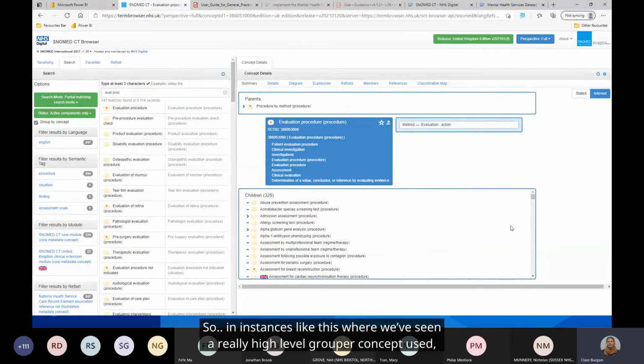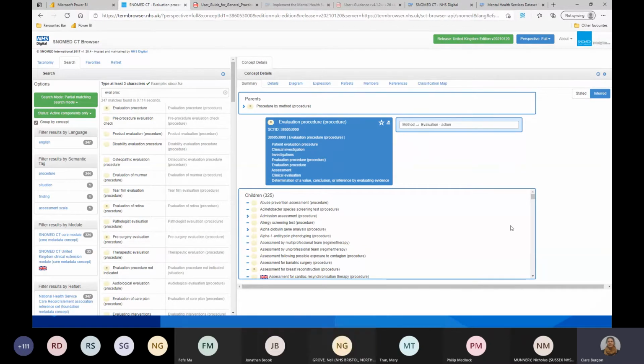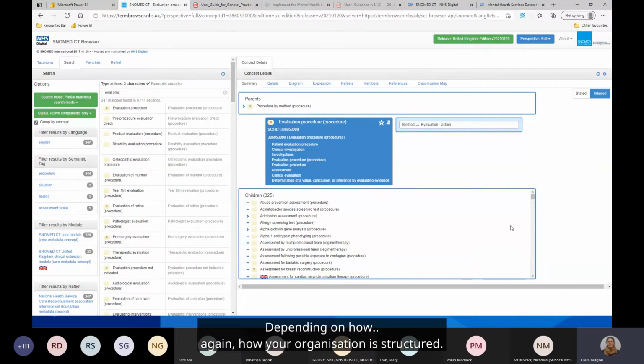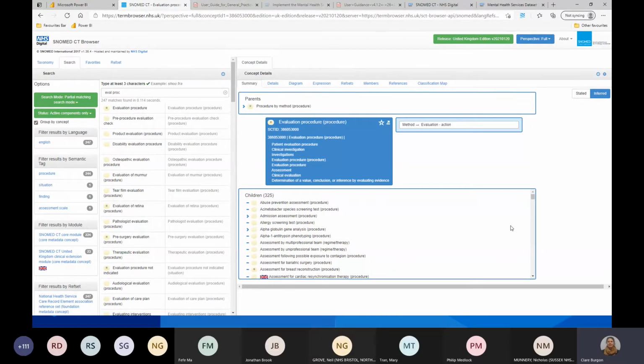So in instances like this, where we're seeing a really high level group of concept used, we can't really offer any assistance in terms of what you should be telling us, because we really don't know, because it's so high level. Depending on how your organisation is structured, that might be to have some conversations with your system supplier around the fields, the SNOMED that you have available to you when you're trying to input this data.